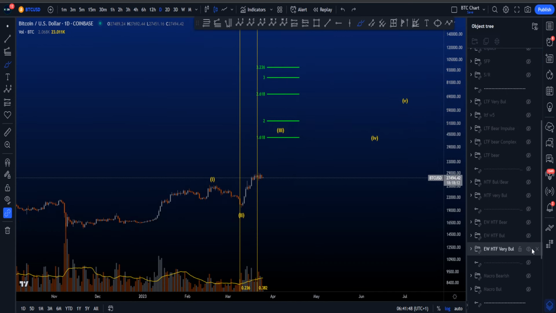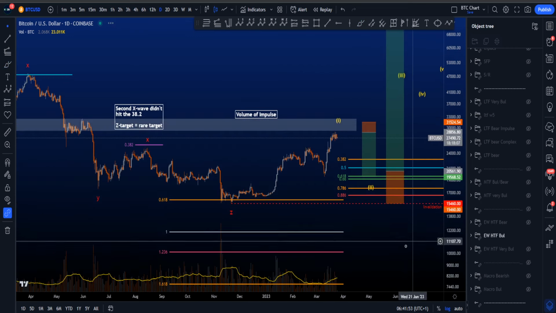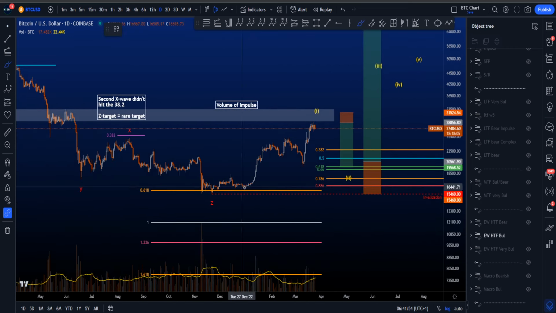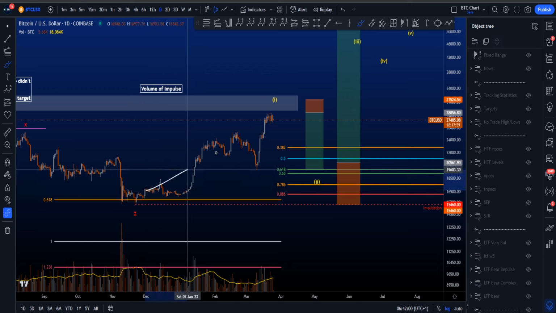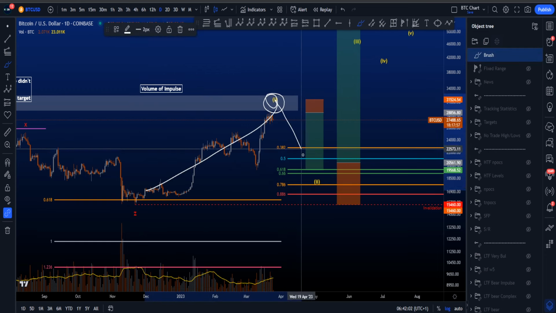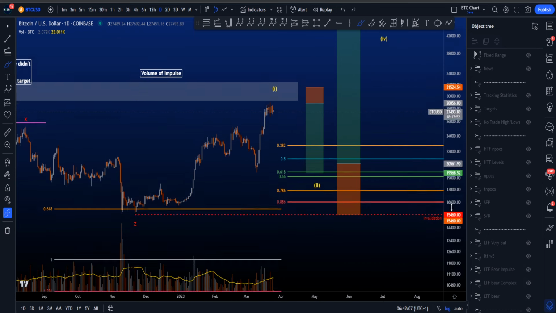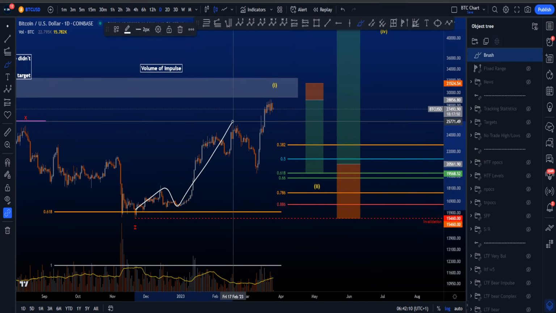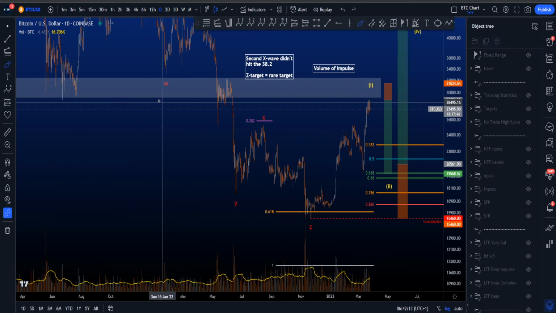If we then go to the bearish scenario, which in my opinion is more likely than the previous bullish scenario, we have the low of the bear market made over here with a WXYXZ in the move to the downside. And we are now looking for this to be the end of a wave 1, followed then by a wave 2 and eventually a wave 3 to the upside. In this scenario, this then is a 1, 2, 3, 4, 5 scenario, where wave 1 very likely is going